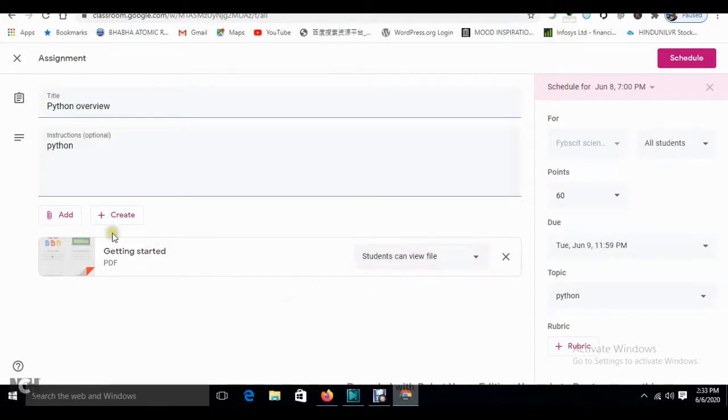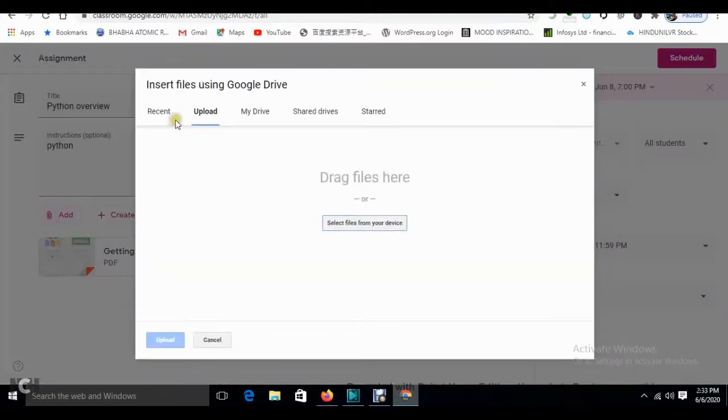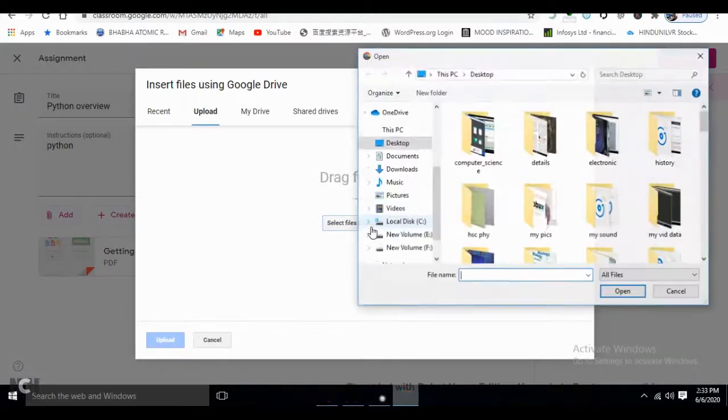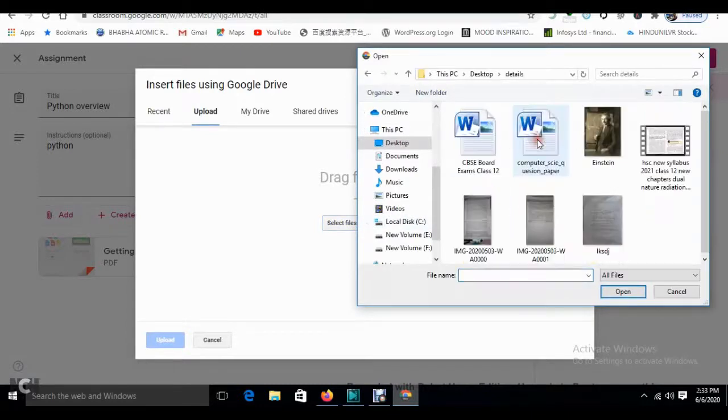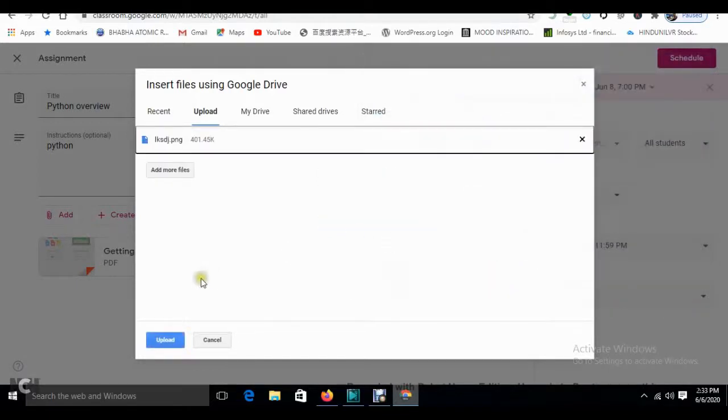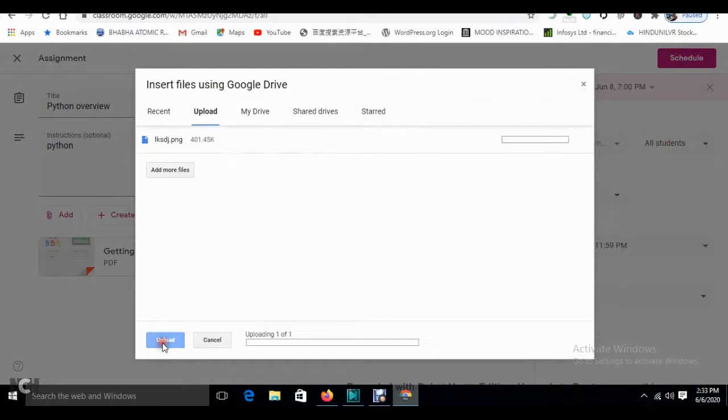Now what I will do is, I will take another option. Suppose a file. For that I will select from my local PC. So I will take this document file, I will upload this.